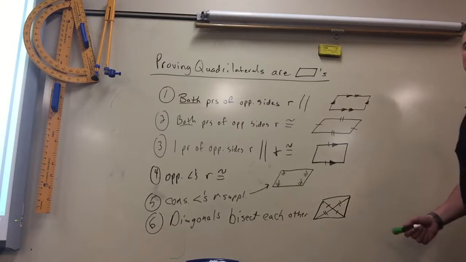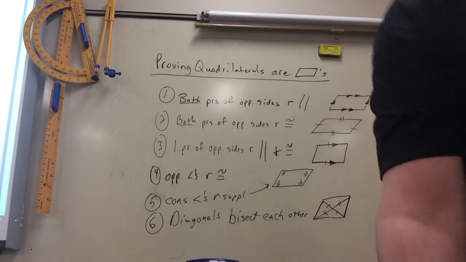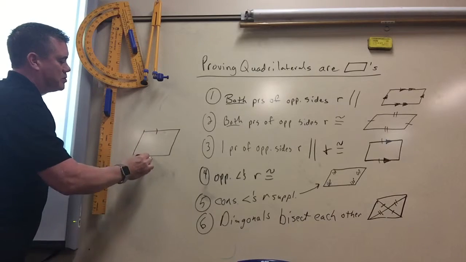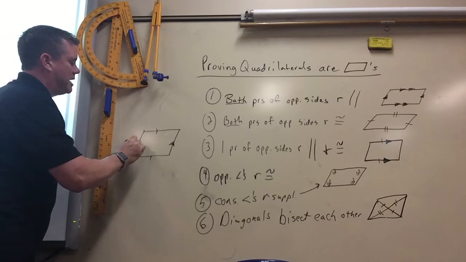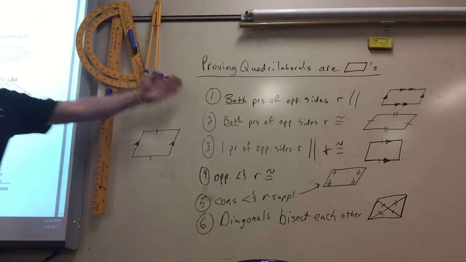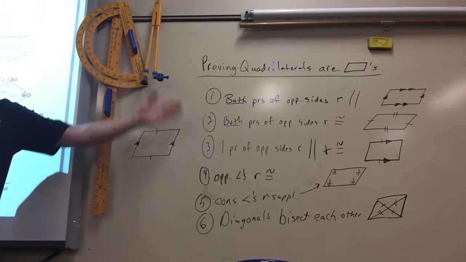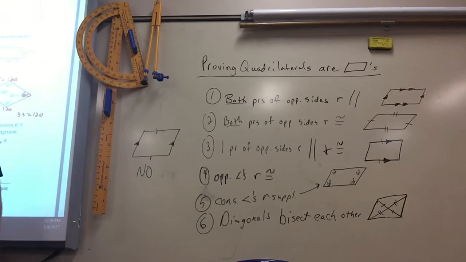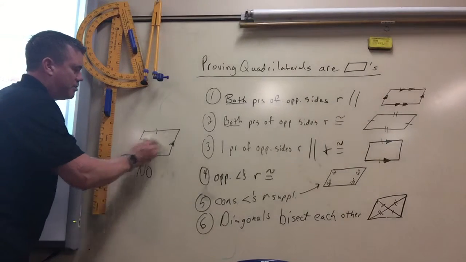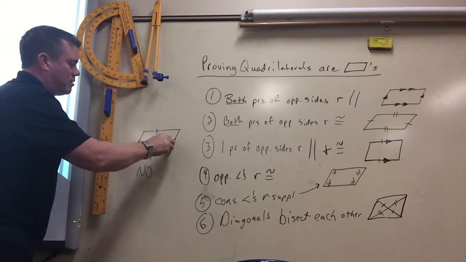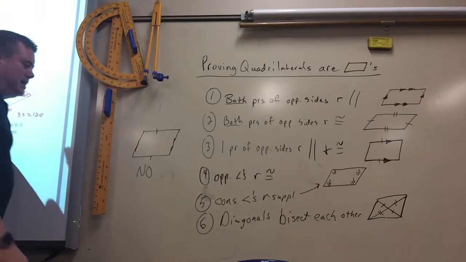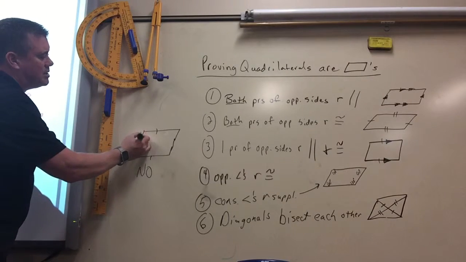An example of something that's not: if they gave you something like this, where that equals that, and this is parallel to that. That doesn't satisfy any one of these right here. So if you saw this picture, you would just say no. Okay? If they just put that, one set of sides, no. If they did this,